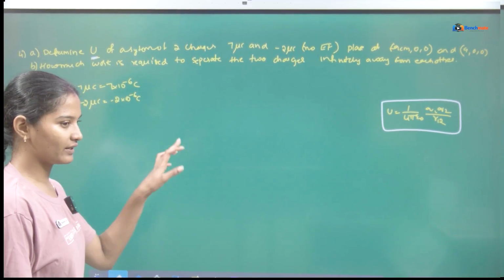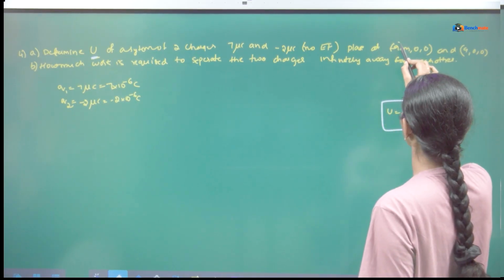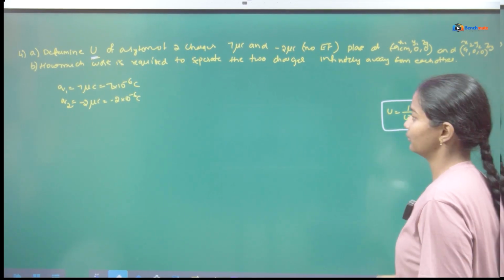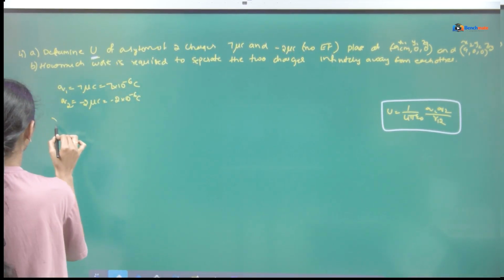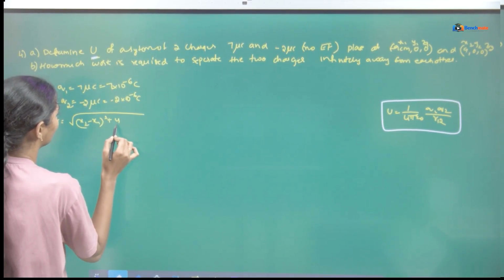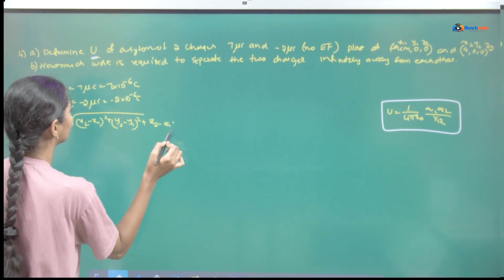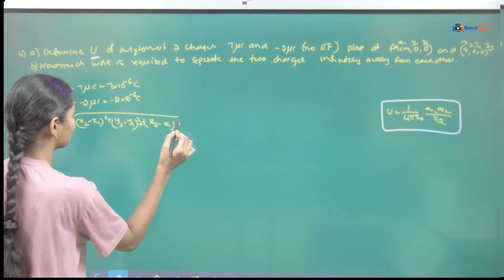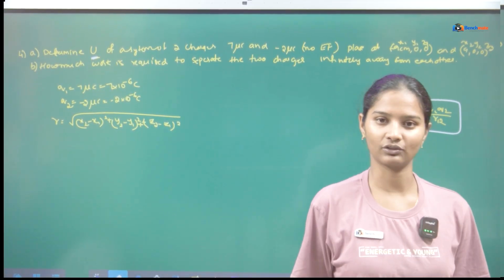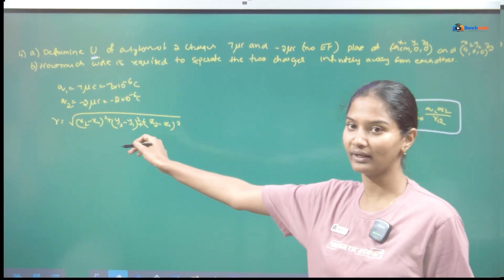So they have given an XYZ axis coordinate system. Then how to calculate? Let it be x1, y1, z1, x2, y2, z2. In this case, R equals root over x2 minus x1 whole square plus y2 minus y1 whole square plus z2 minus z1 whole square. You have to calculate R in this way for R12. Since they are given in the form of coordinates, you have to calculate the R value this way.